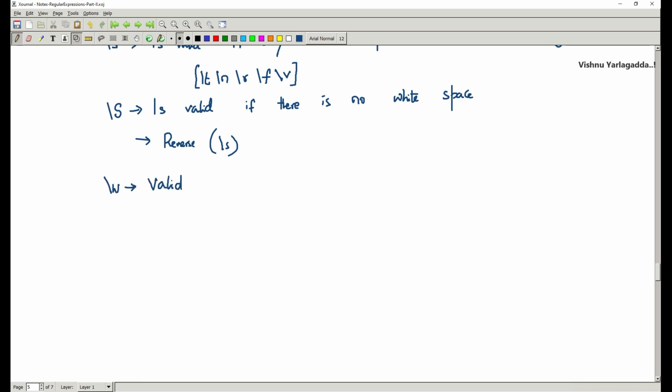Similarly we have \w. It is valid if the string is starting with any alphanumeric character.